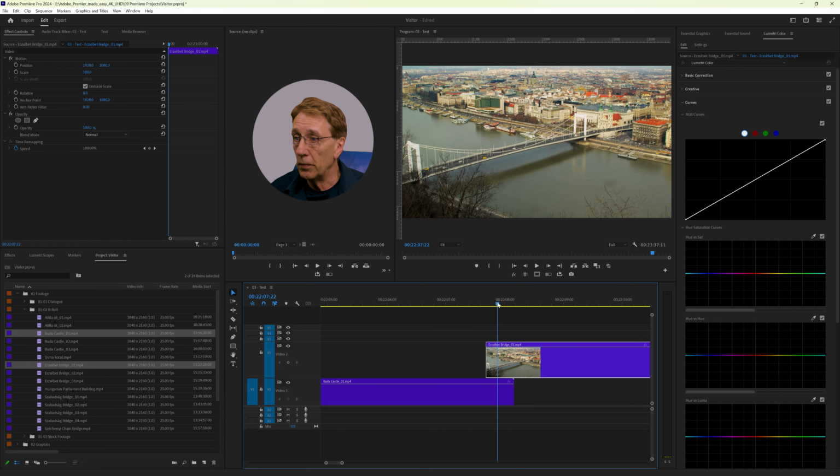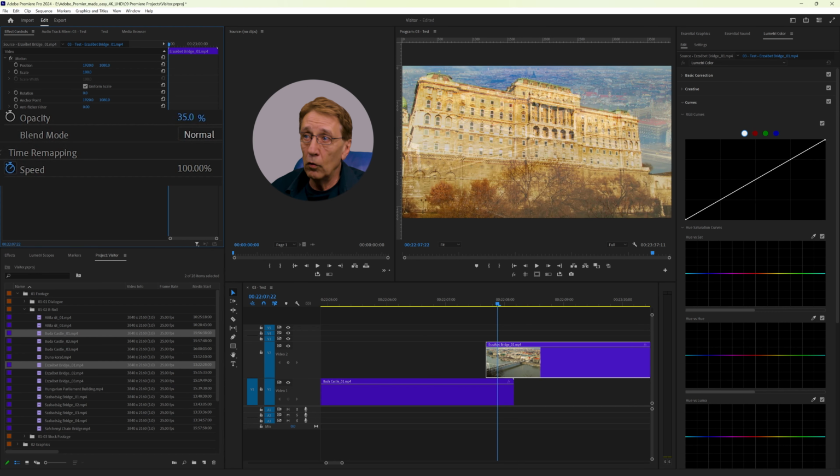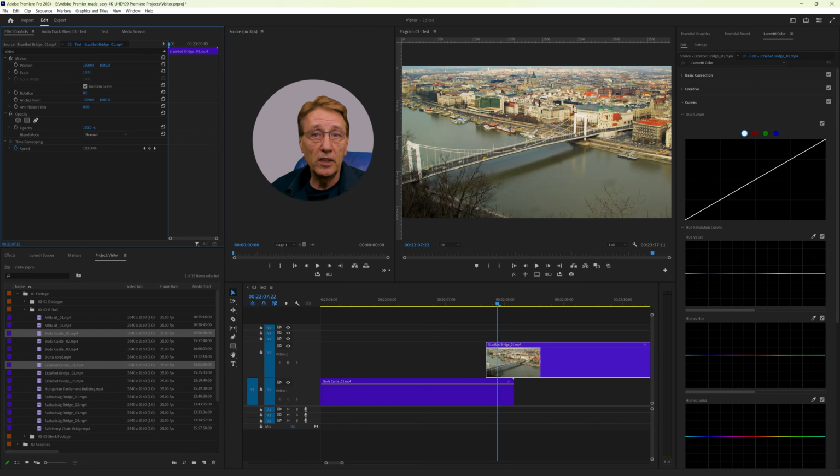And you see, under my playhead, only Aşağıbad Bridge is displayed because the opacity of the clip is by default 100%. So we don't see anything that is below. I can change all these values, and you see when I drag it down, you see more and more of the clip underneath. When I pull it to 0, then you see only the clip underneath. To create a smooth transition, I need to change the opacity from 0% to 100% over the duration of the fade. This is done using keyframes.